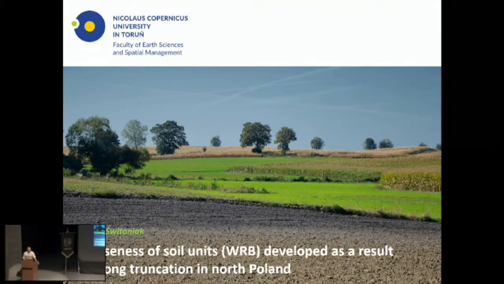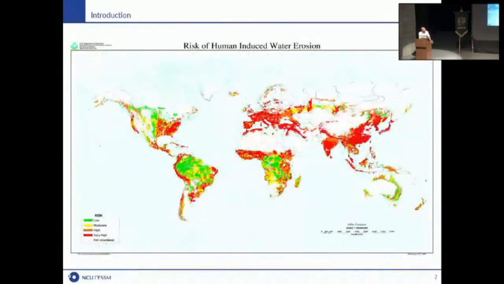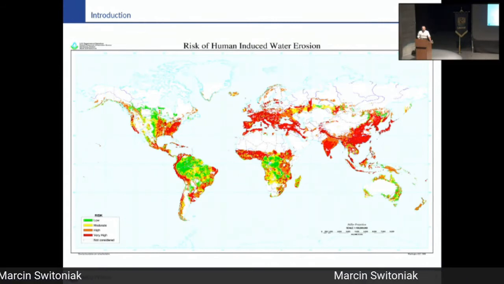And yesterday, Marcin showed us beautiful examples of the transformation of the soils due to the changing of the water in the soils which are hydromorphic. And today I will talk more about the erosion, another problem that we have in our region. If you would see on the general map of the world, of course, Poland is not the area which is covered by the main transformation of the soil erosion.